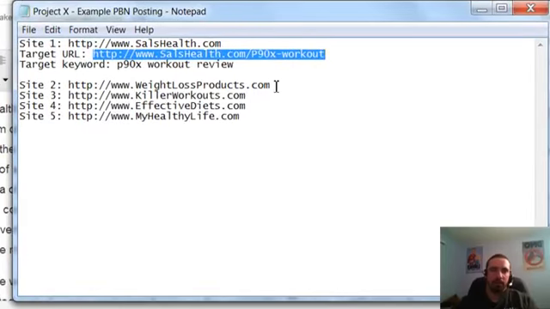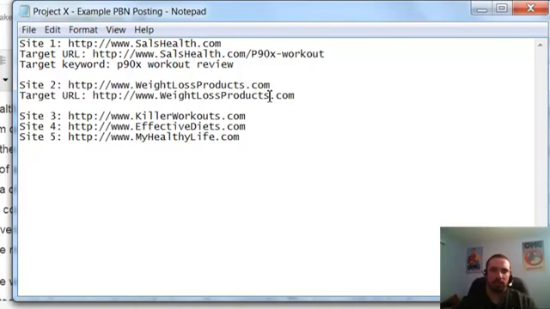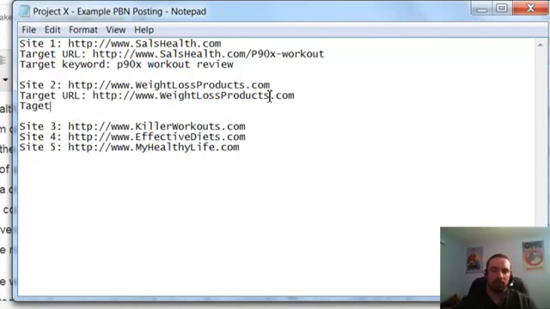Now I'm going to put a link to site number 2. So let's say weight loss products. Let's say we're targeting the home page for this one. Okay? So the target URL would be the home URL. Target keyword, let's say best weight loss products.